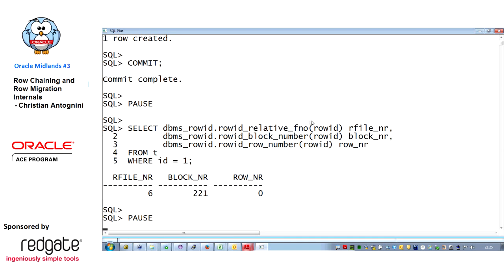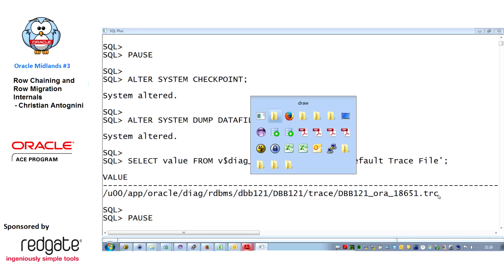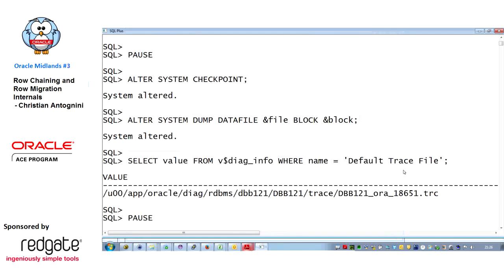Now if I check the row ID of this row, I can use the package DBMS_ROWID to get information. So I see that it's in file number 6, block number 221, and is row number 0. It's the first row inserted in this block, and it always gets the row number 0. If we dump this block,